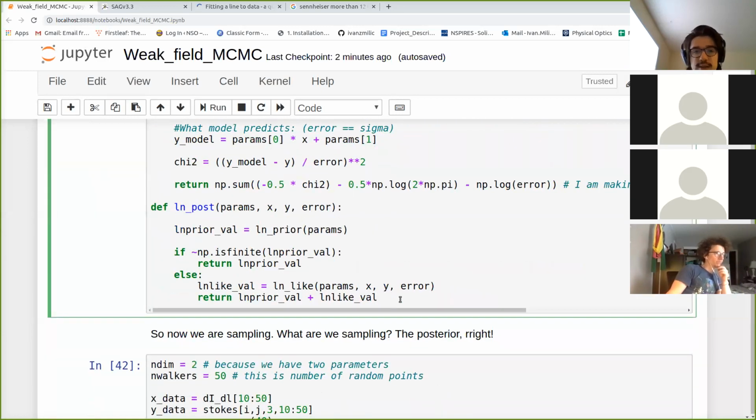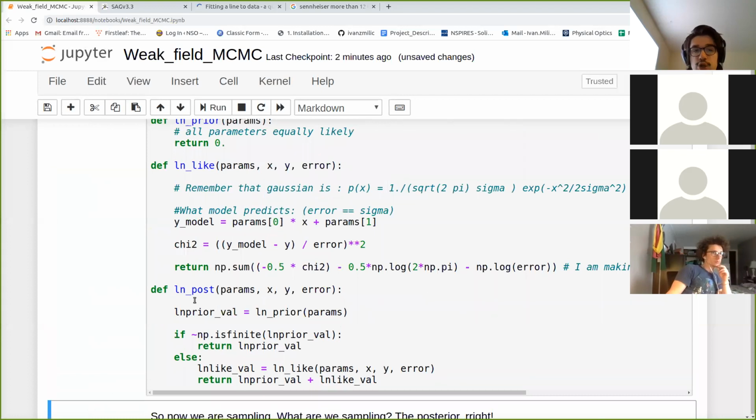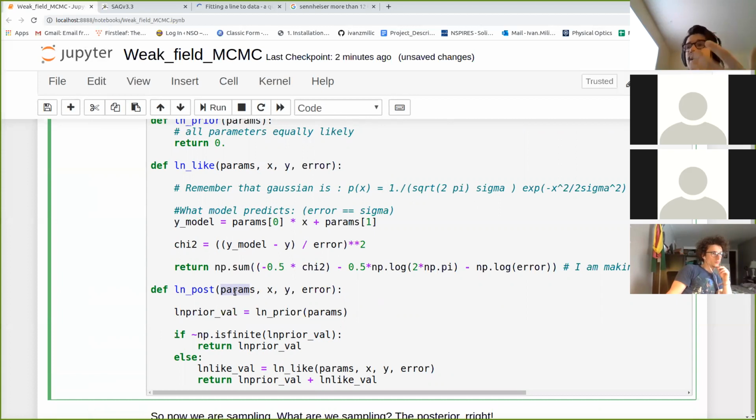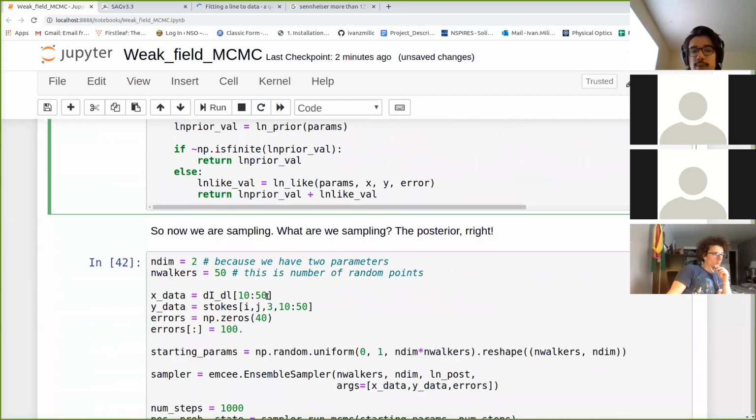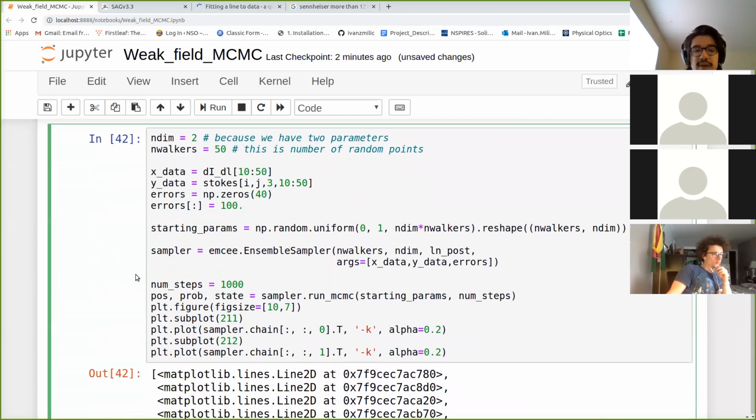posterior. So let's go back and take a look here. So posterior is a function of parameters, x, y, and error. X, y, and error are always going to be the same, only the parameters are going to change. I mean, for one given data set. And that's why we say that we are walking through a two-dimensional space of the parameters. And then finally,